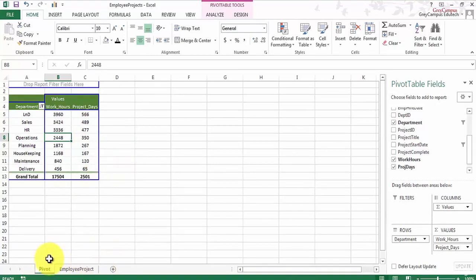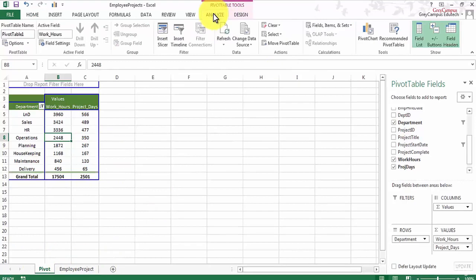The project is related to the pivot using this particular option called refresh. Here you have an option which says refresh all and refresh. Refresh all is for when you have multiple pivots: you can say refresh all and all the pivots will be refreshed. However, this particular refresh is related to a pivot, and